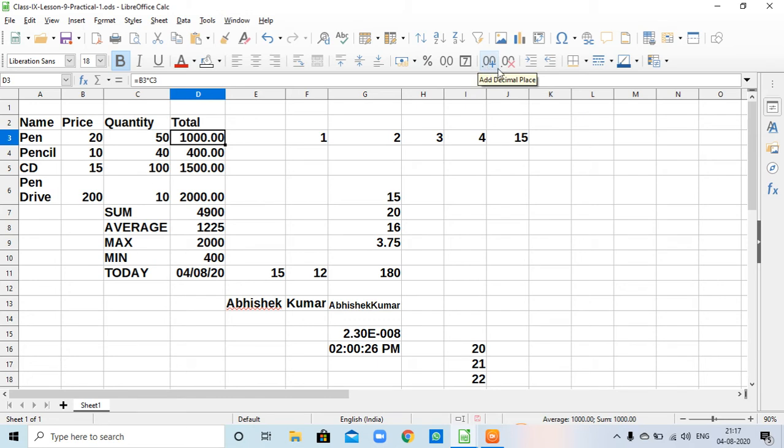Now next one is formula. This is the formula used here for total. Formula is equivalent to B3 multiplied by C3. In B3 the value is 20 and in C3 the value is 50. So 20 multiplied by 50, the result is 1000.